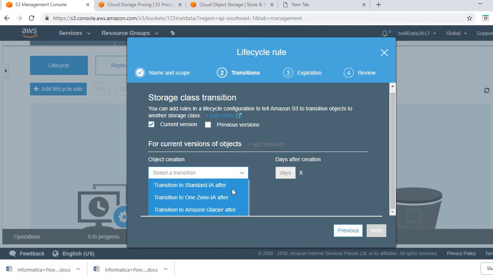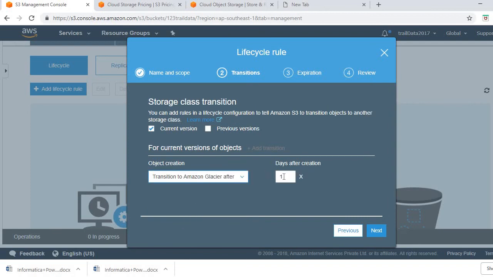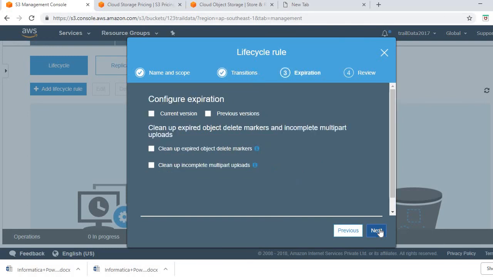Now select a transition. It says transition to standard infrequent, transition to one zone infrequent, and transition to Amazon Glacier. So this is what I was talking about. I can set after how many days from creating an object it will be transferred to Glacier. I say after 1 day. I click on next, and